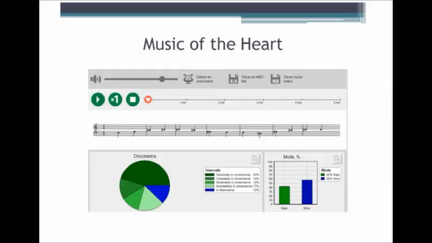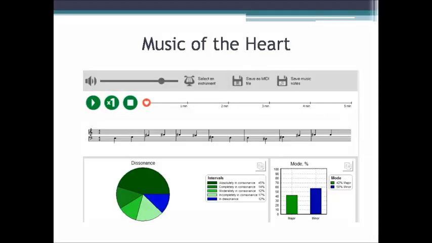And one of the unique features of VedaPulse is the ability to listen to the music of your heart. And I will ask my colleagues to show the music of the person first with Vata constitution,